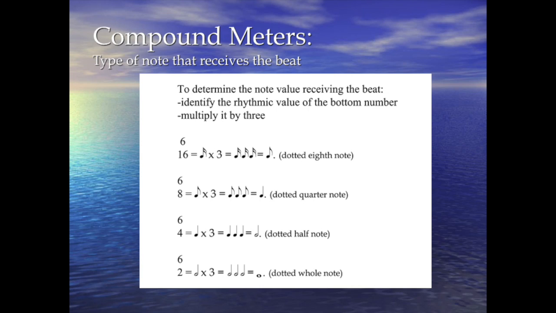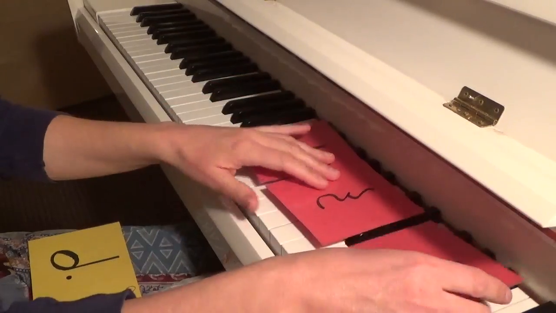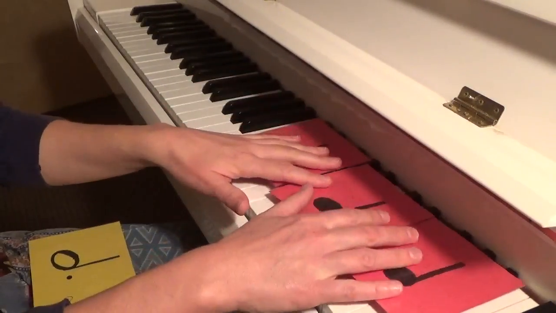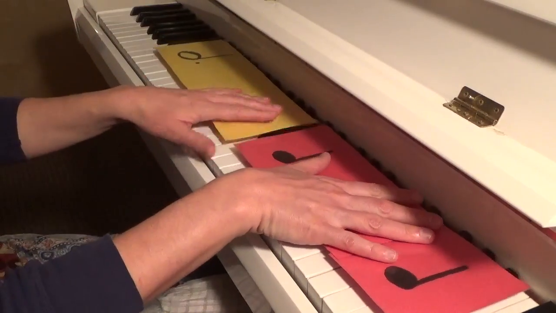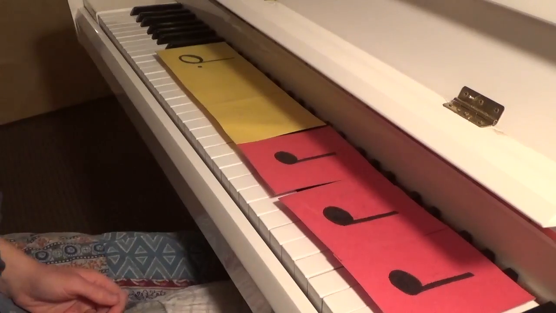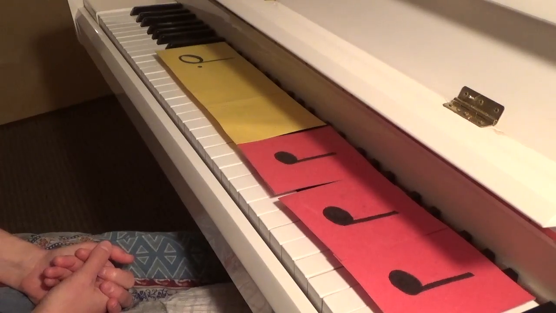You can have a 4 as the bottom number. And in that case, we are looking at 3 quarter notes to represent 1 beat, or a dotted half note. So in that case, you could have a 3/4 time, which